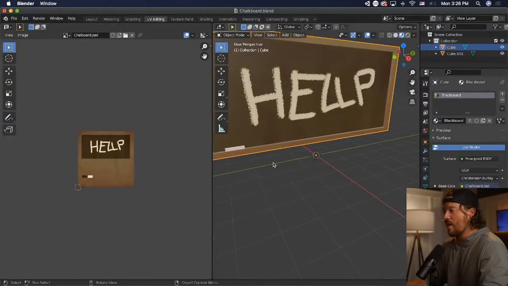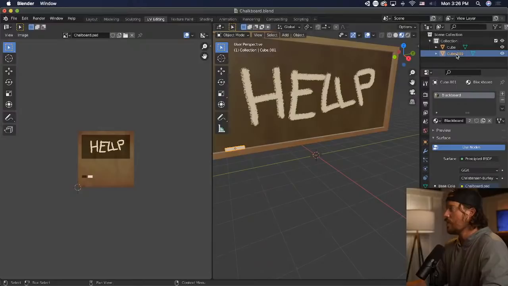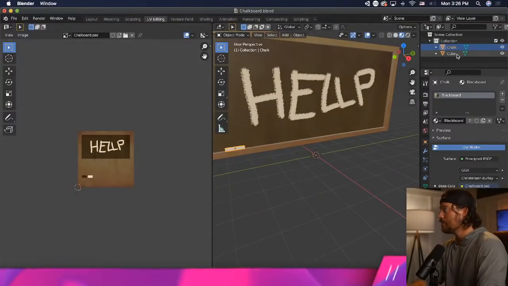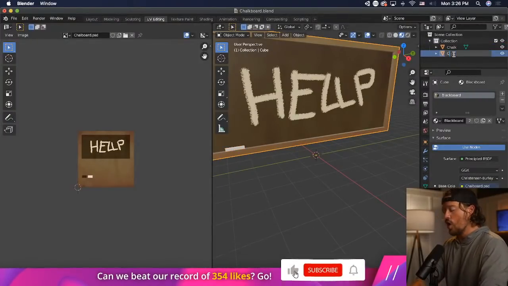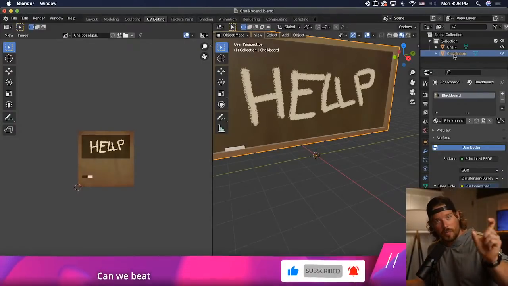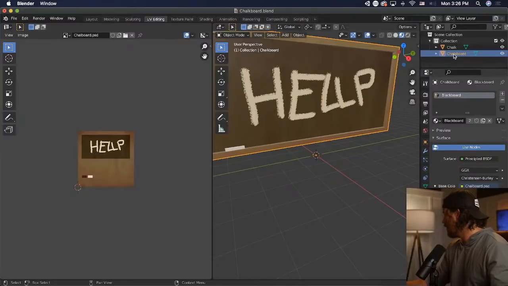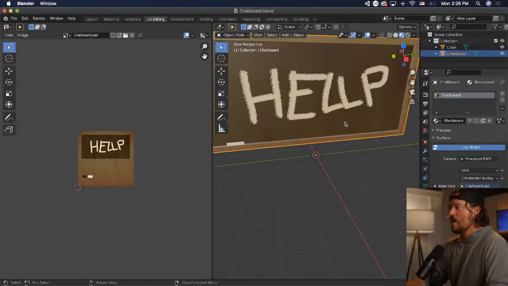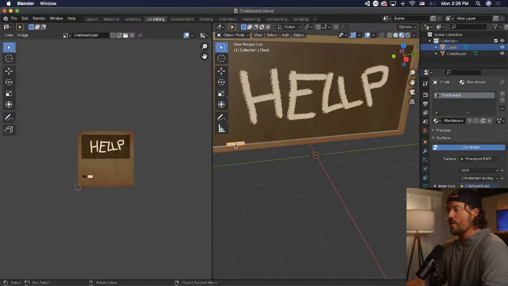And then let's go back into object mode, and we have this cube here. So we're going to call this chalk. This is going to be called chalkboard. And we're not going to have multiple pieces of chalk because that's just going to be a little prefab. We can use it over and over again, right? All right. Okay, so we have the chalk, and then why don't we just go ahead and let's copy this